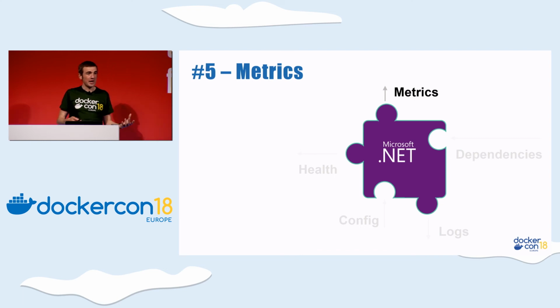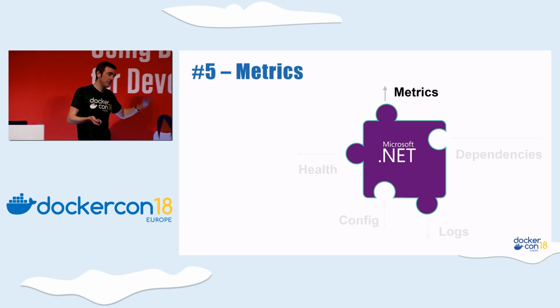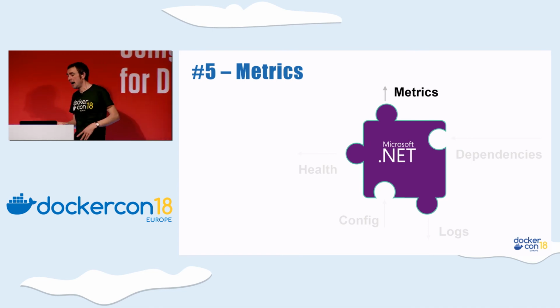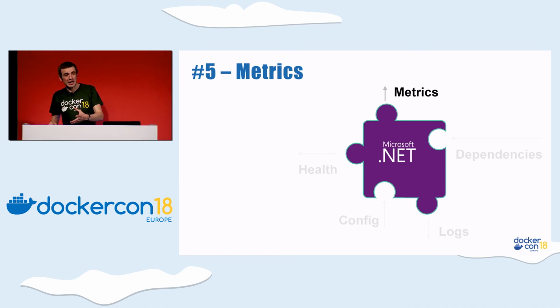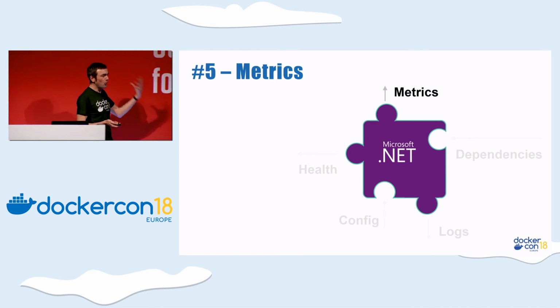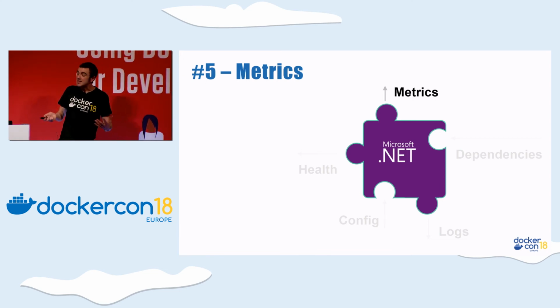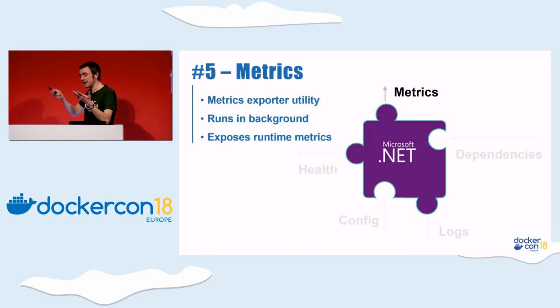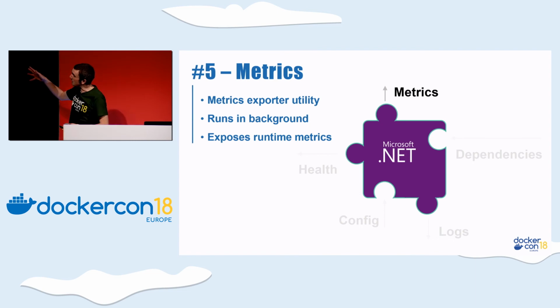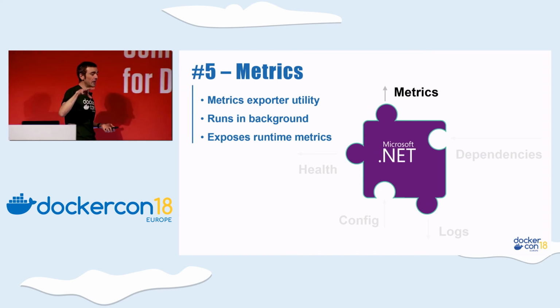So a Windows application in a Windows container is still collecting Windows performance counters. They're still there for IIS and .NET and all that stuff. My Java application in my Tomcat container, Tomcat keeps all these metrics for me. All I need to do is be able to make them available from my container. So the final pattern is about exporting the metrics that are already there, that your application runtime is already collecting